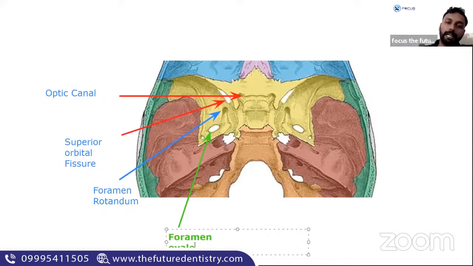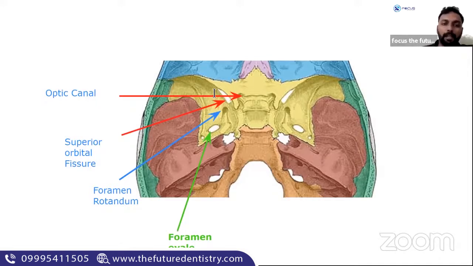Okay, so trigeminal, we don't deal much with the ophthalmic branches at all. Maxillary and mandibular branches, which all areas they go to and which all areas they come out through, all these things should be thoroughly studied. So foramen ovale is going to be a very important foramen.